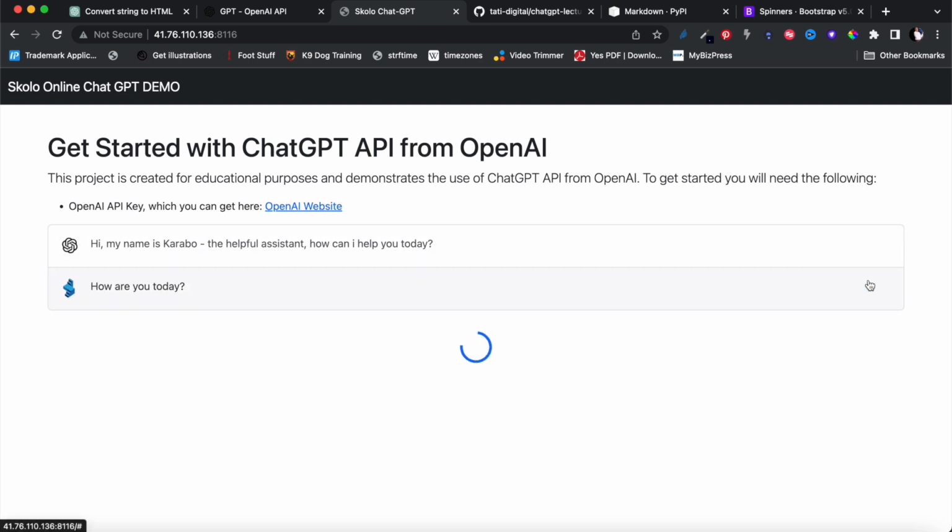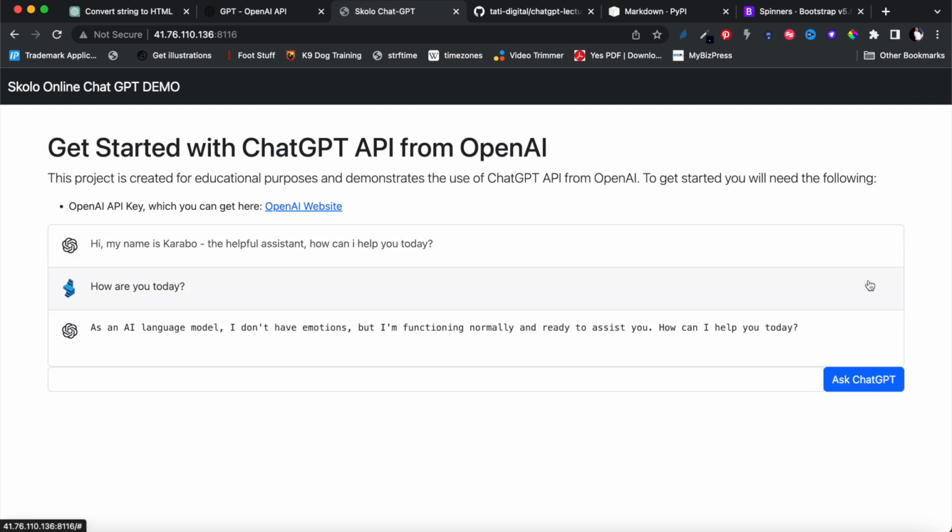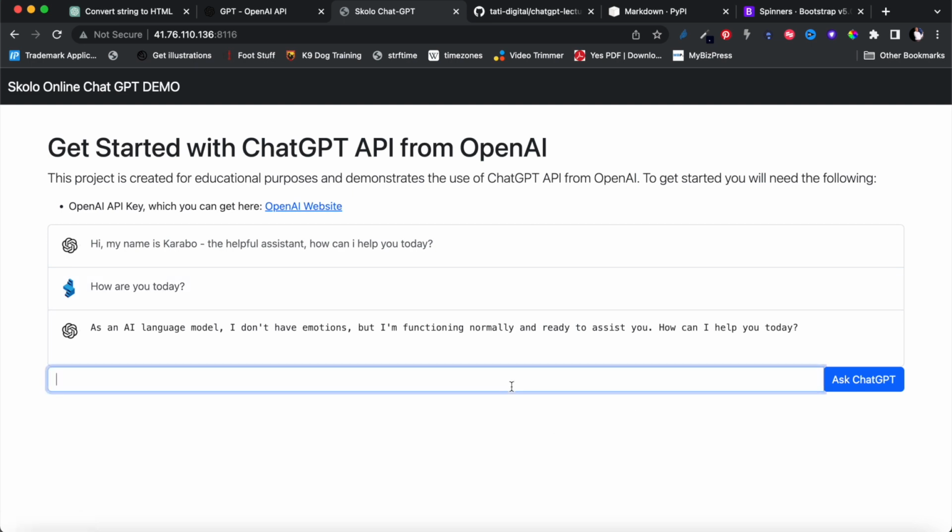The spinner shows, the button disappears. When the answer comes, the button comes back, the spinner disappears. You understand? Tell me more about New York,